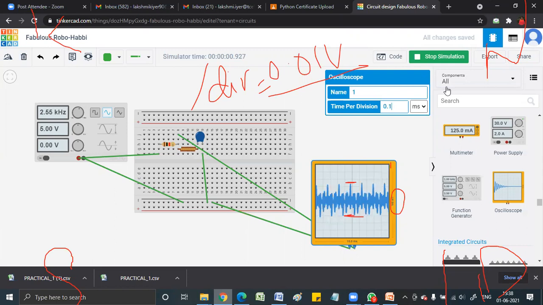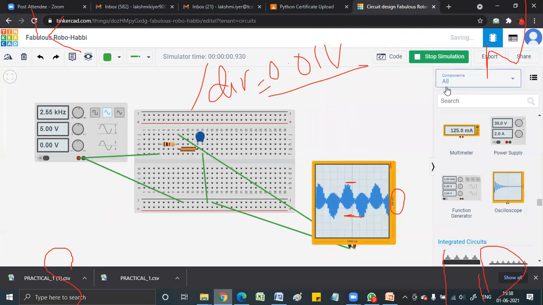That I'm able to see. This is a little better, no? At least I'm able to read. Yes ma'am. So how much is this height? Around 4 blocks. See, it should be exactly half, right? So this has to come a little bit below. So I think it is. Can you read that?